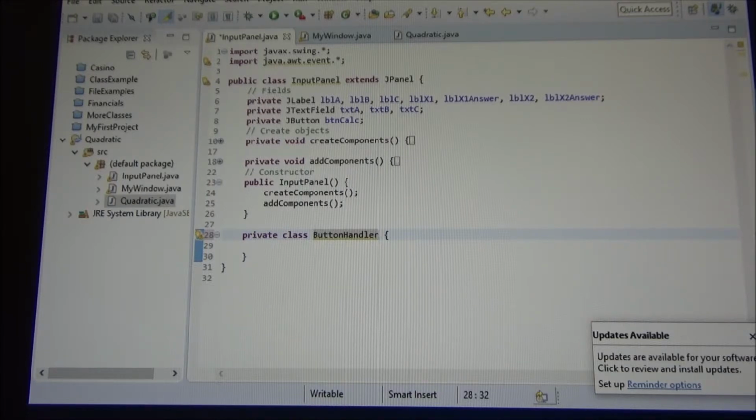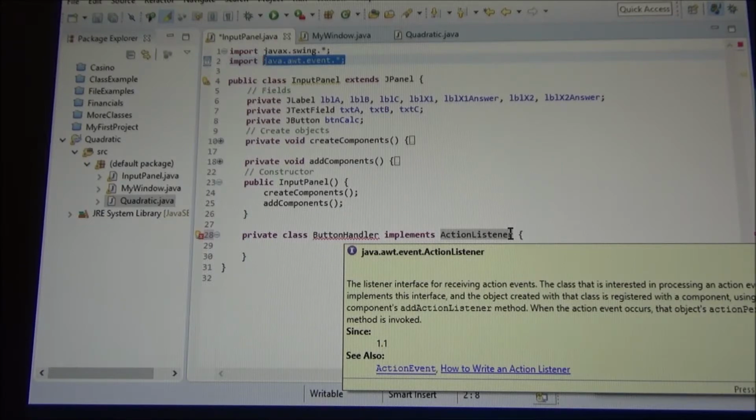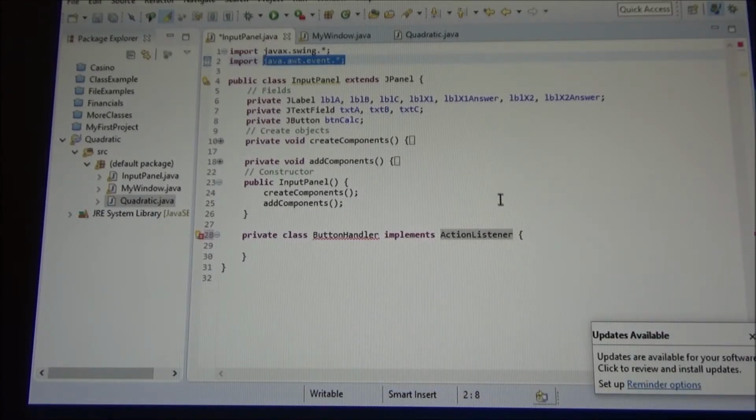There's an interface built in Java to handle all the GUI stuff. So I think it's called Action Listener. So somebody made this interface called Action Listener. And that Action Listener is located in this library, java.awt.event. So this Action Listener